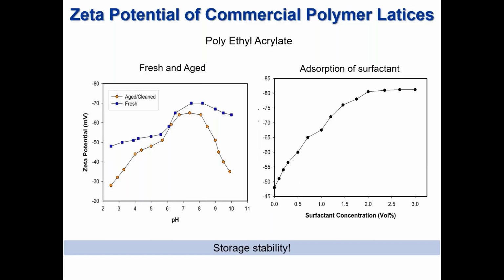The stability of latexes can be enhanced, however, by addition post-manufacture of additional surfactant to a latex suspension. It may at first sight seem surprising that an anionic, negatively charged species can adsorb onto a negatively charged surface, but this is because in many cases the latex surface is never fully occupied by the surfactant molecules during the polymerization reaction. And the graph on the right here is an industrial PEA latex that was extensively cleaned by serum